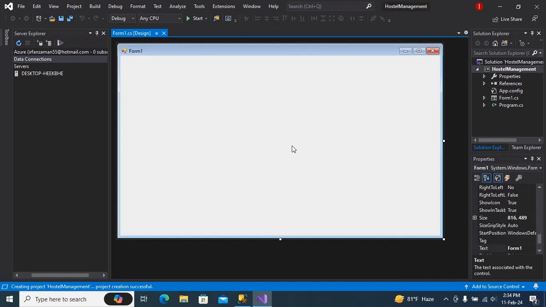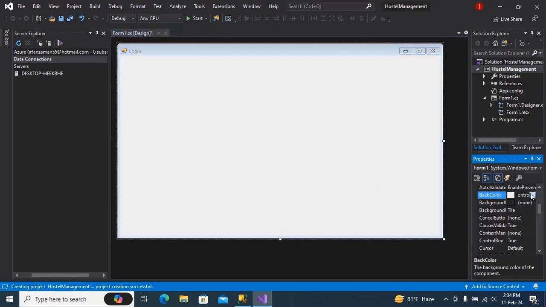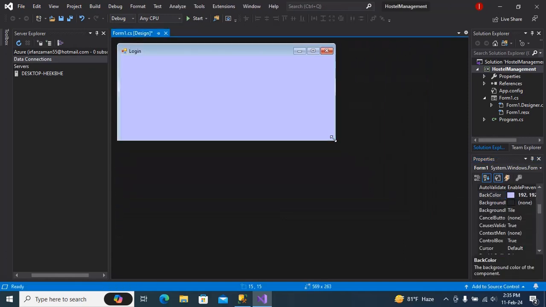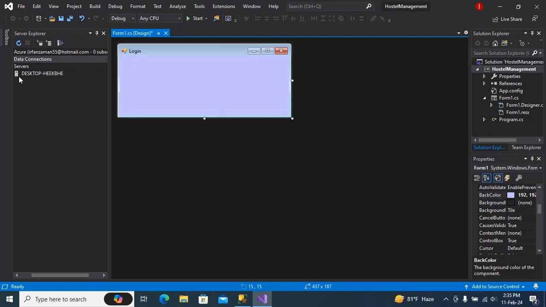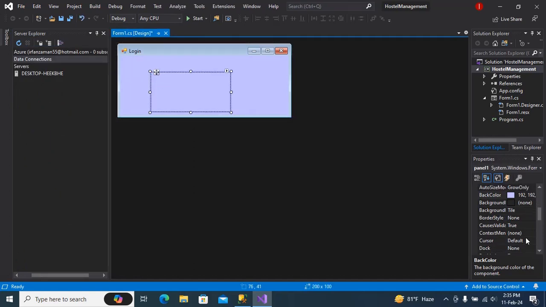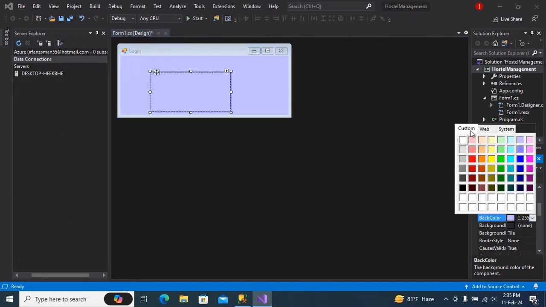So first I am going to do the admin login part. I am going to design the login. So I am going to create login with SQL database. You can change the back color. Can take panel, change back color,